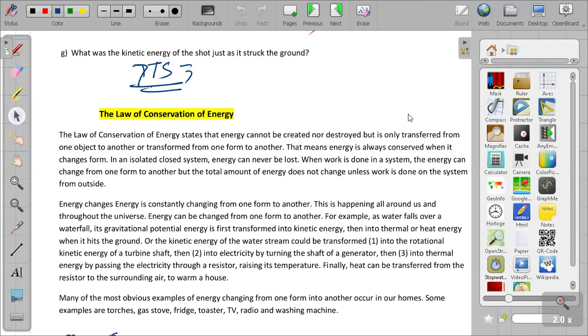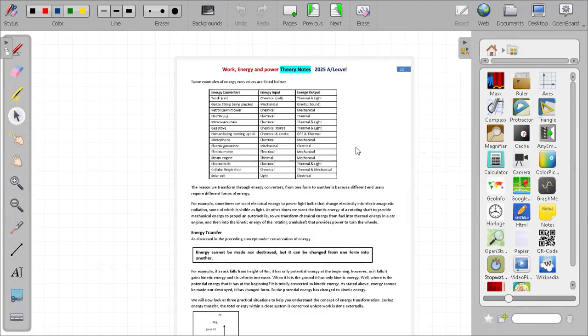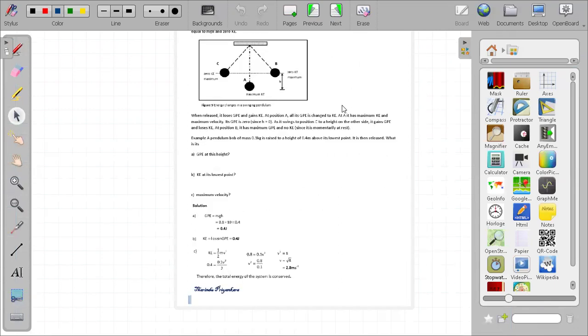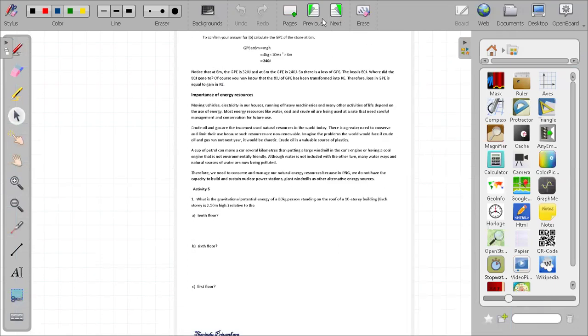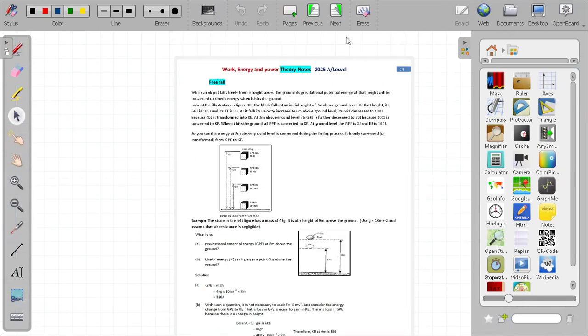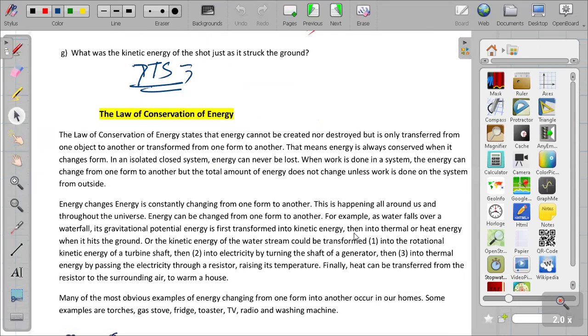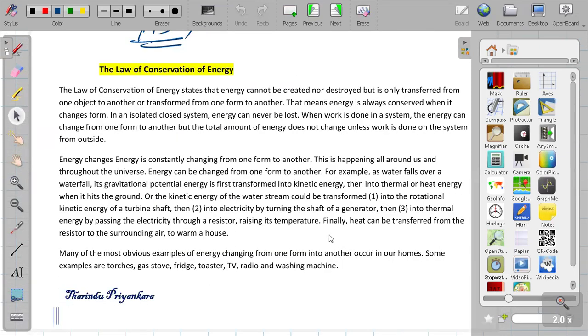It's a new lesson, right? The law of conservation of energy. So first of all, just read this part. Just quickly, take a maximum of 10 minutes, and read it up to page number 24 very quickly with the example. Then I will explain to you what the law of conservation of energy is, with notes and some really good questions.